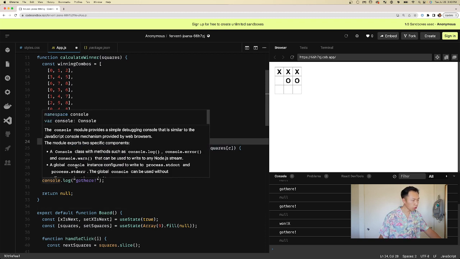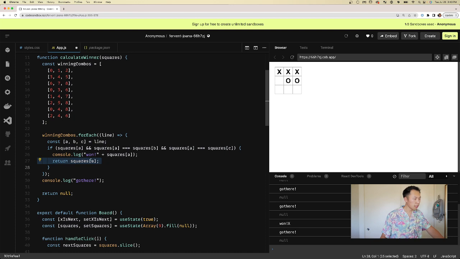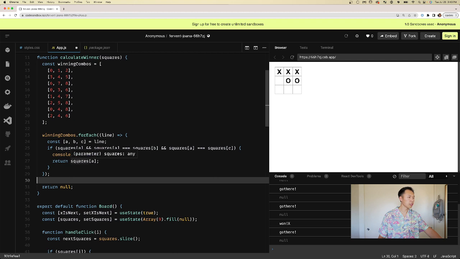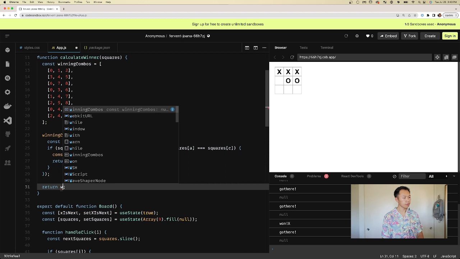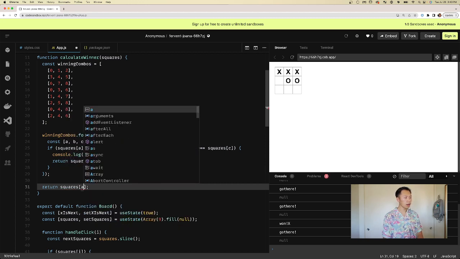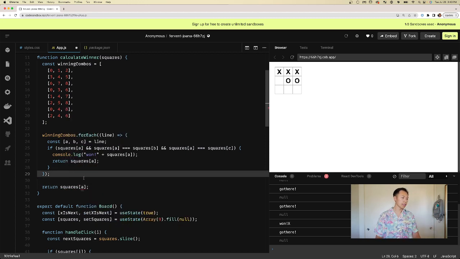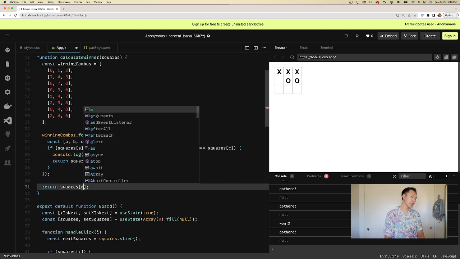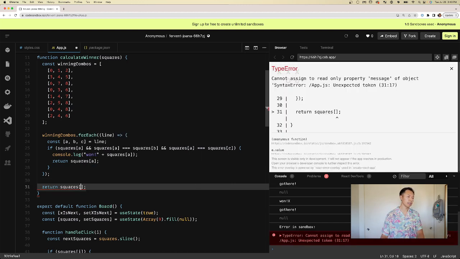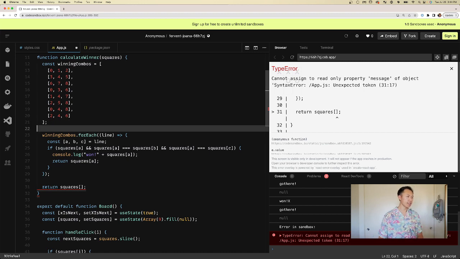So to get this for loop to work, we need to return one more time. So we actually need to return squares A. The only problem is if squares A is null, then, okay, so there's a slight problem over here. You got to keep track of this when you return. This is kind of a pain. I think a regular for loop is a little bit better, so we don't need this extra arrow function. Let's just use a regular for loop, or else it's unnecessarily